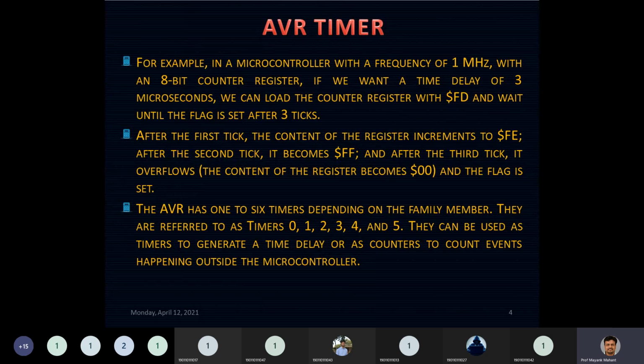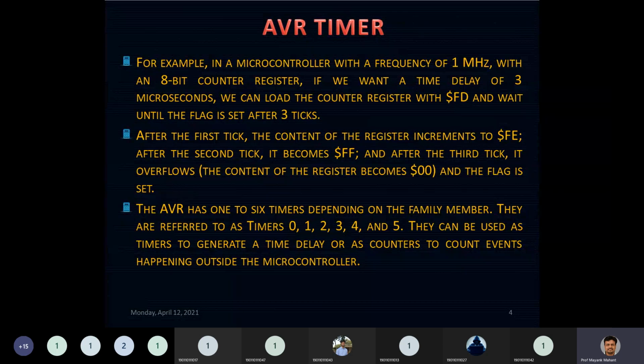Please make a note that the Atmega 32 has 3 timers, but if we talk about the Atmega 2560 or others, they may have more than 3 timers. At max it can have 6 timers. Exactly how many timers there are, which are 8-bit, which are 16-bit, and the control registers for the timers can be found by referring to the data sheet.